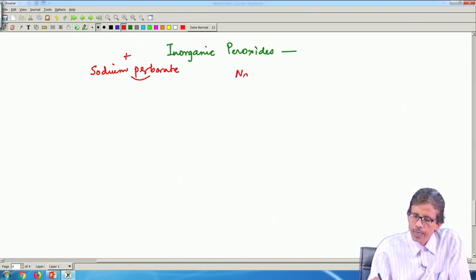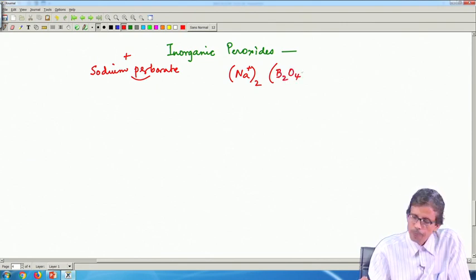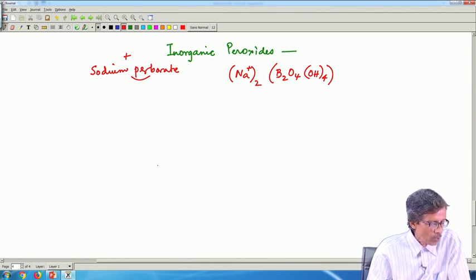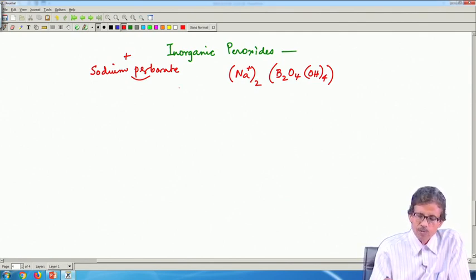So, two Na plus stabilize a compound which is B2O4 (OH)4, which is nothing but sodium perborate or sodium permetaborate. So, it can be obtained from